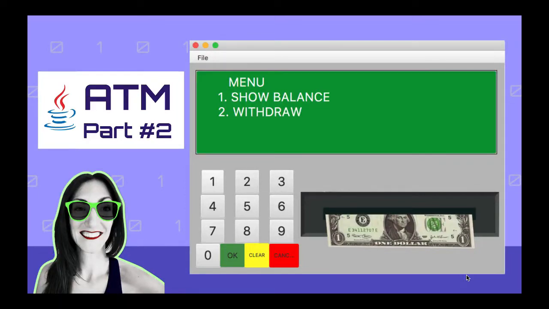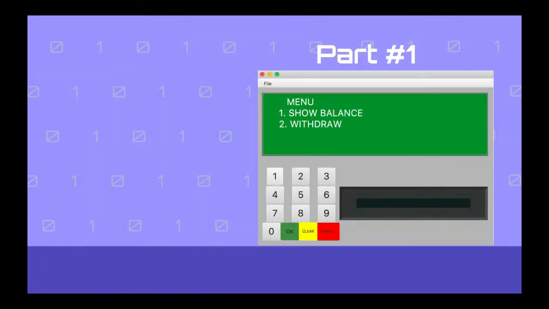Hello there! How to program an ATM machine in Java. Here we are going to complete the ATM machine we started in the first video. In the previous video, we have seen how to create the window and the user interface for our ATM machine